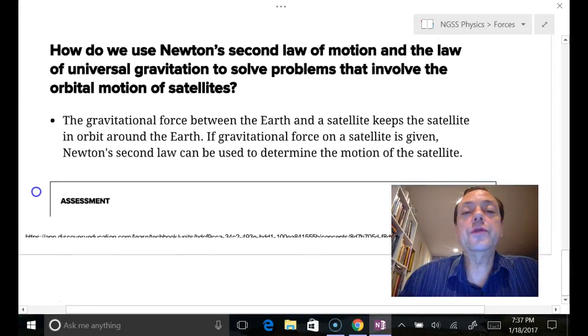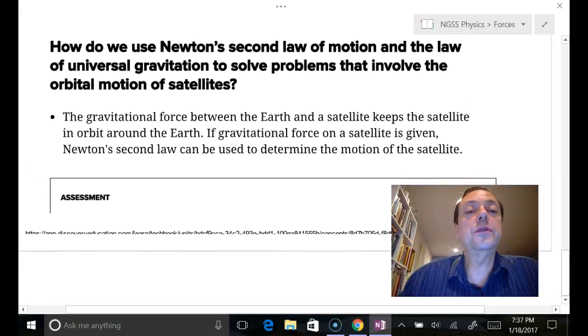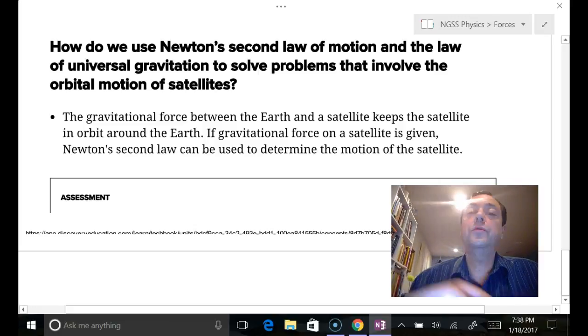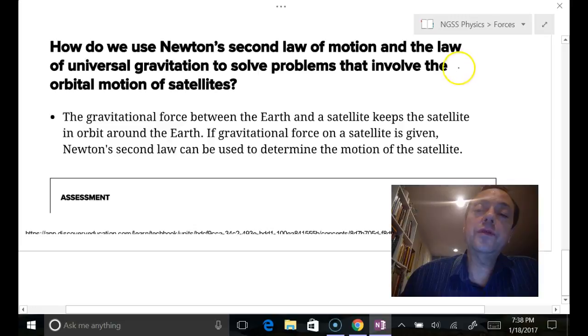How do we use Newton's second law of motion and the law of universal gravitation to solve problems that involve the orbital motions of satellites? The gravitational force between the Earth and a satellite keeps the satellite in orbit around the Earth. If gravitational force on a satellite is given, Newton's second law can be used to determine the motion of the satellite. Okay, so Newton's second law, as we recall, is F equals ma,